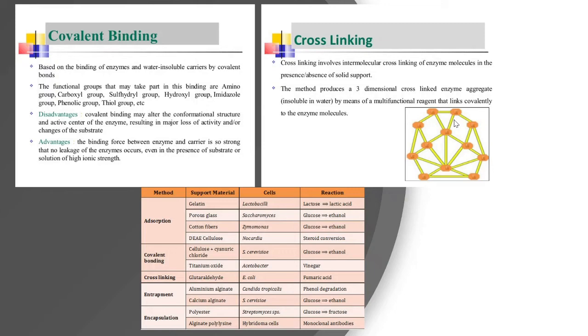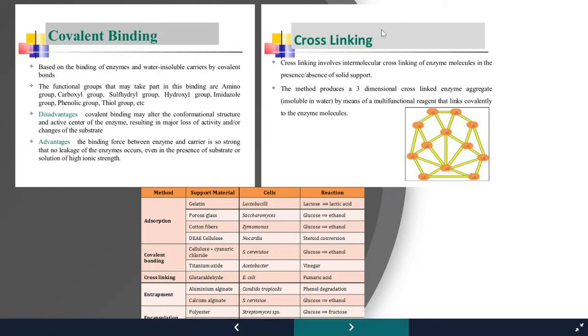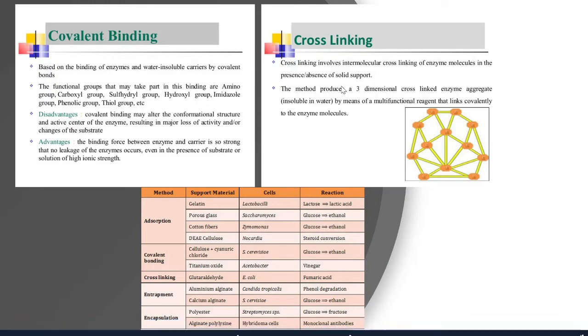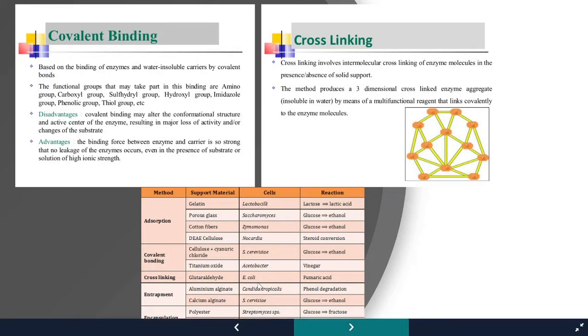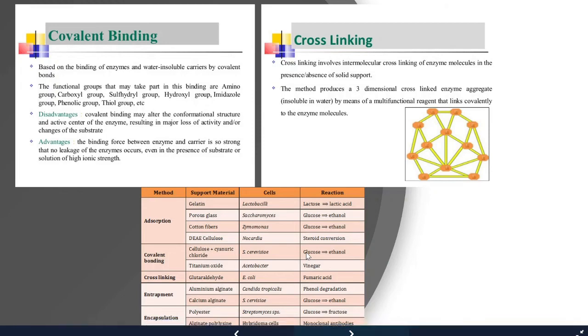So what do these cross-linking agents do? These agents react with the enzyme molecules and create bridges which form the backbone to hold the enzyme molecules. And as I said, glutaraldehyde is the most commonly used cross-linking agent, and it reacts with lysyl residues of the enzymes and forms the Schiff's base. This method is commonly used as it is cost effective and also a very efficient method to make the enzyme immobilized. Here, I have given a tabular column showing